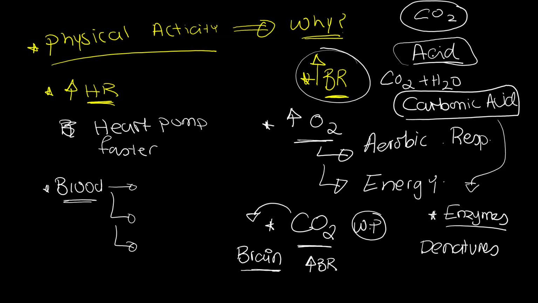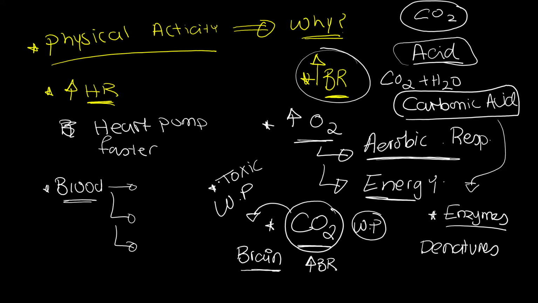Very good. That's why I tell you to elaborate. It's not enough to say we breathe faster because we need more oxygen. Full stop. It's not enough in biology. Oxygen is needed in aerobic respiration. Aerobic respiration provides energy. Also, we breathe faster to remove excess carbon dioxide because carbon dioxide is a waste product. It is a toxic gas. If it remains in the blood, carbon dioxide will react with the water in the blood to give an acid. You don't have to know the name of the acid, but this acid will lower the pH of the blood. And this is very dangerous because it will denature our enzymes. And without our enzymes, we cannot function.